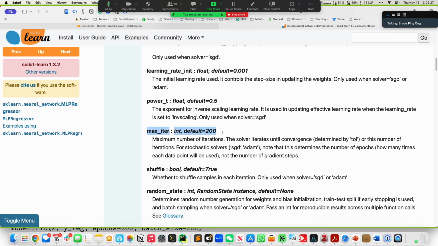The other thing that I want to highlight is that if you intend to play with the multi-layer perceptron in your lab number 3, you typically have to set the max iterations, okay? 200 is almost always never enough for you to converge your neural network properly, right? I usually set it to like 10,000